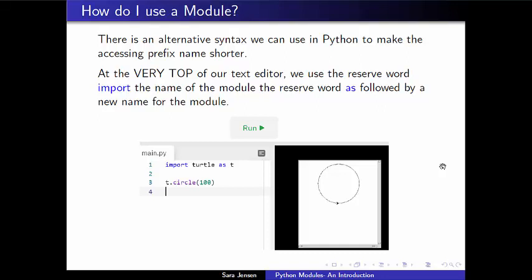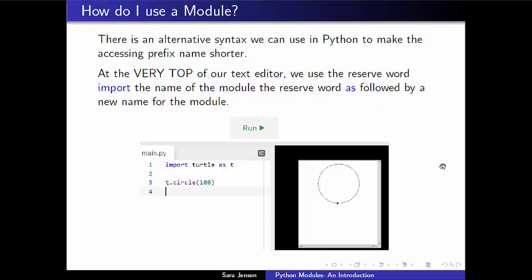Now, the next thing I'd like to tell you is that there are lots of different alternative syntaxes that we can use inside Python that have slightly different effects. So for one thing, if you don't want to have a whole bunch of code eating up your screen, print math.comb of this can start to get to be a lot to type. And so one thing we have the ability to do is create an alias for the name of the module